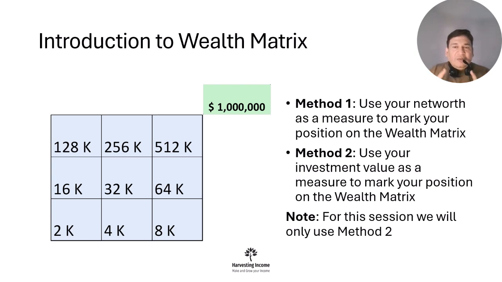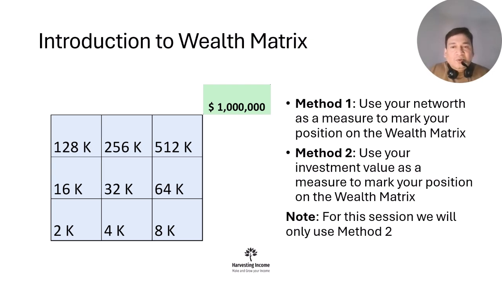However, just one point to keep in mind. Let's say your net worth is $20,000. In that case, you're still in 16K because you have not reached the 32K mark yet. So use this like a milestone, like the milestones on highways that say you reached the 10-kilometer mark and the 100-kilometer mark. When you're in a particular box, you are either there or you've gone a little further from there. It marks your milestone. What milestone have you achieved, and where are you going next? What is the next milestone that you're trying to hit? That's how you need to read this. I hope that is simple to understand, not so complex.